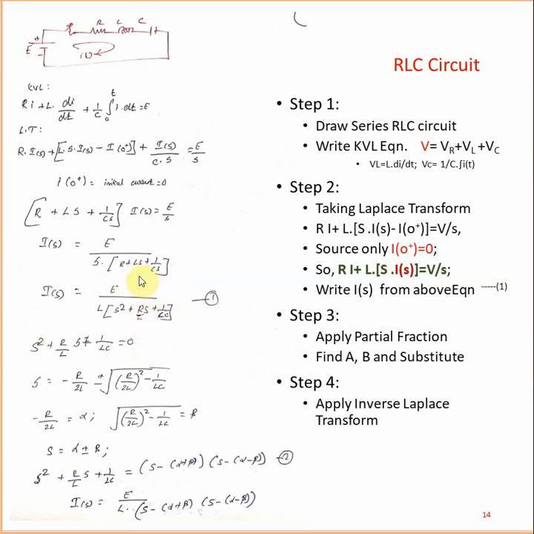In the first equation, next you are going to apply partial fractions. So here the denominator has a term S squared plus S plus a constant. Then it is equal to 0. So as usual, the formula: what is the formula? Minus b plus or minus root of b squared minus 4ac, divided by 2a.